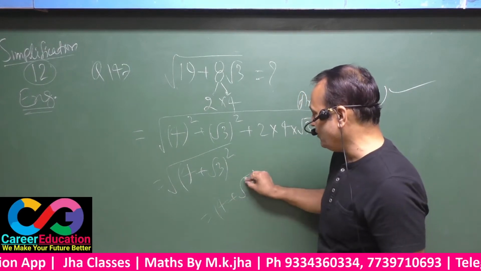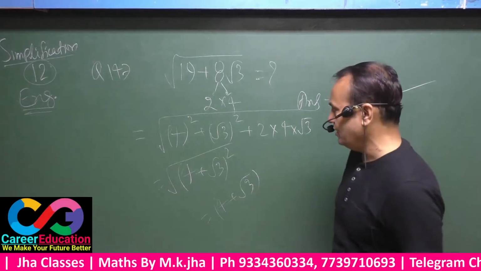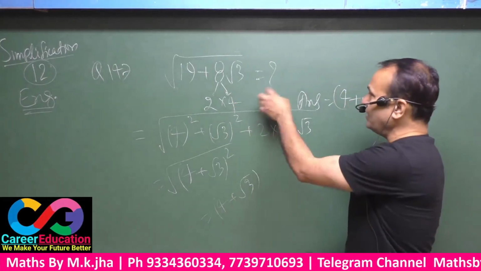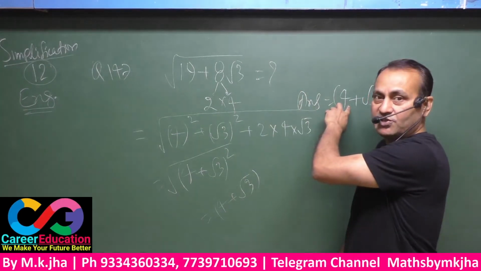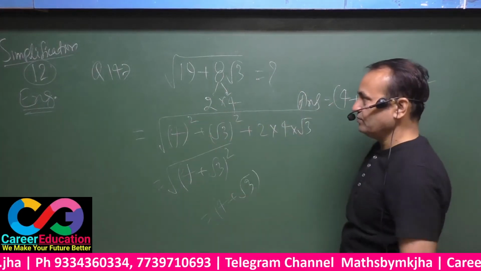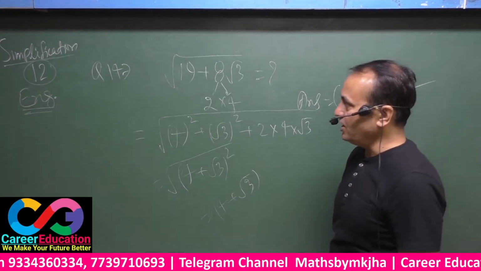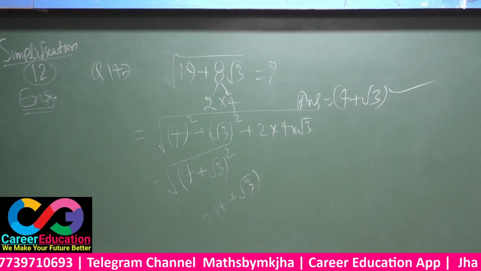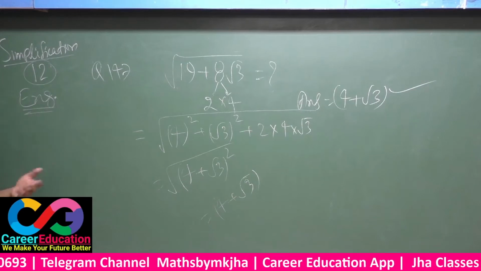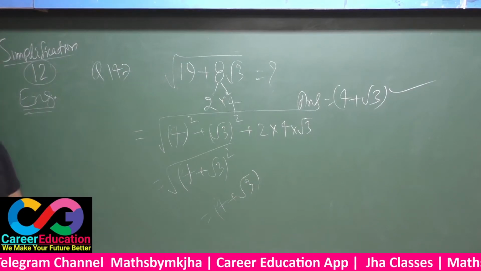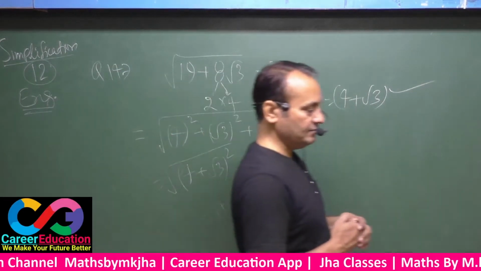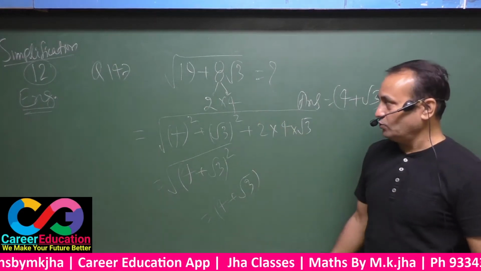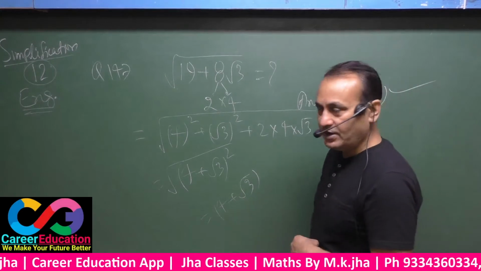No need to write this down from the next time. To maintain your copy, you must write this down. Otherwise, you can answer this question just within seconds like this. Be noted. This is the explanation of question number 147. You got 146, you got 147, you are going to get 148, going to get 149. All these questions will be based upon the same type. Two types have been dealt.